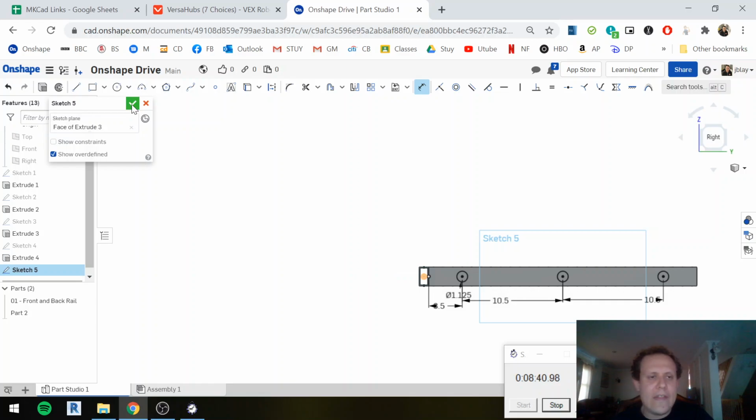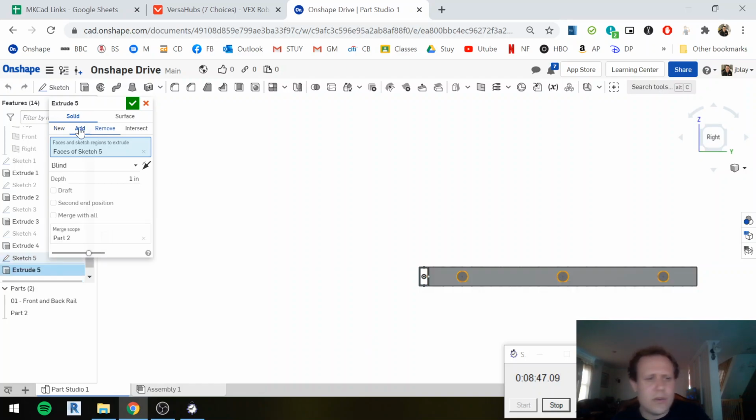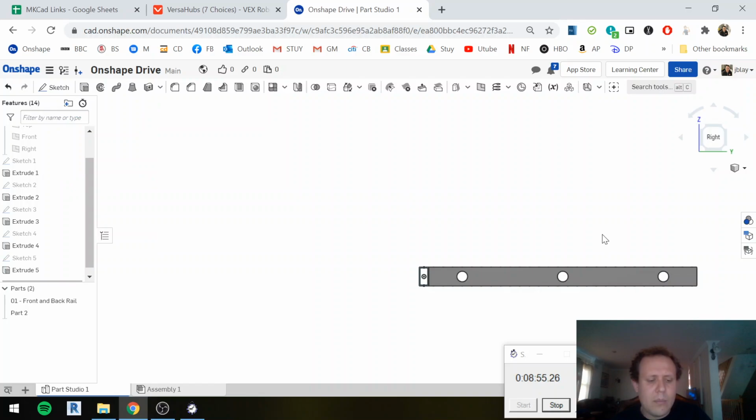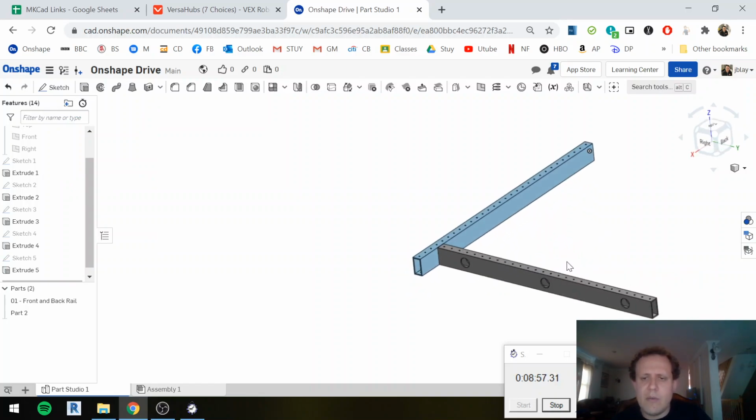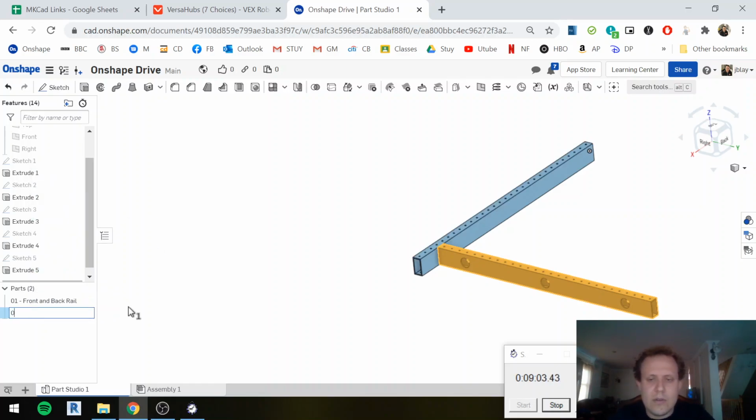And then I'm going to extrude them. Again, I'm just using extrude. I don't need to use extrude cut because the options come in here. New, add, remove. Remove. Through all. Okay. So far, pretty similar. Only difference, we have our parts in one spot. And I can rename this to 02